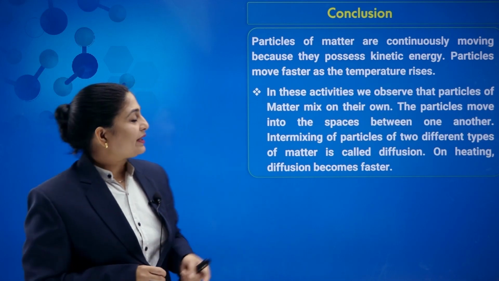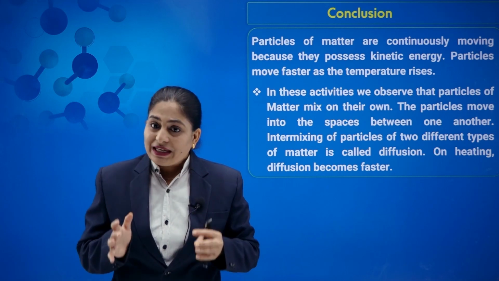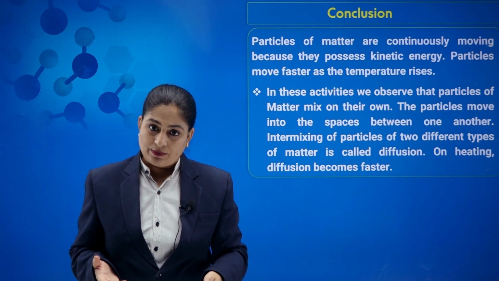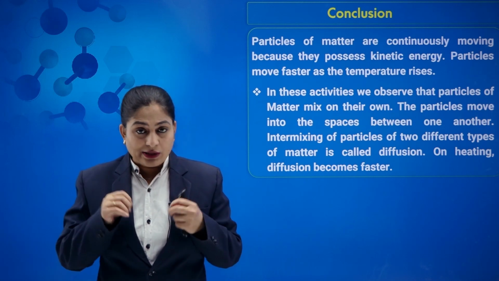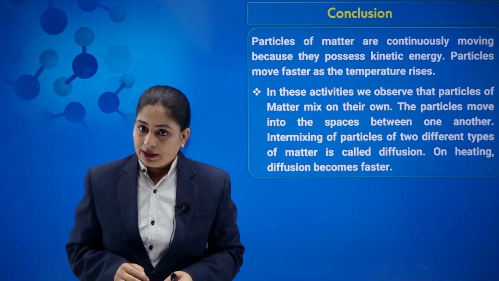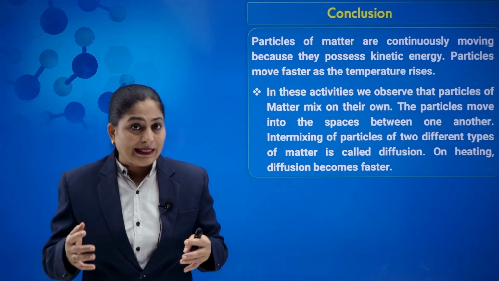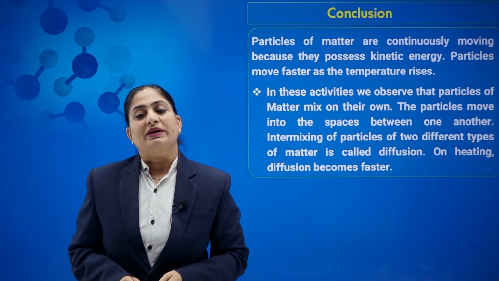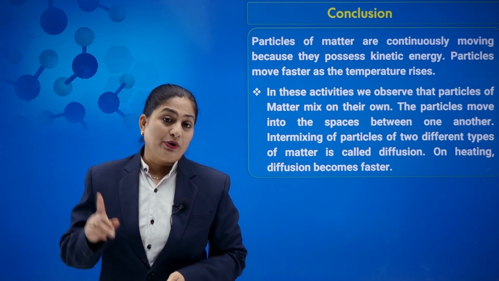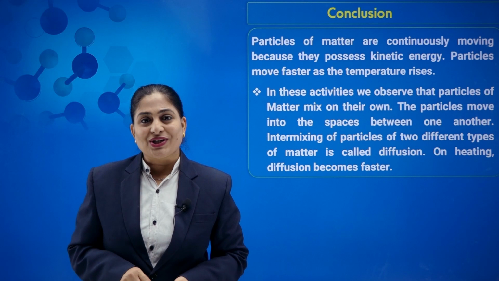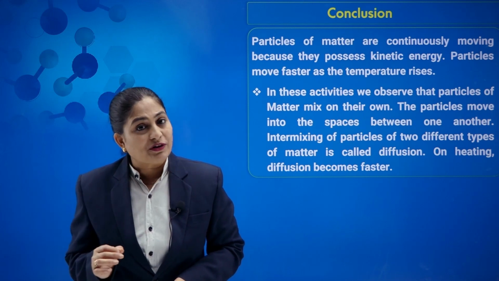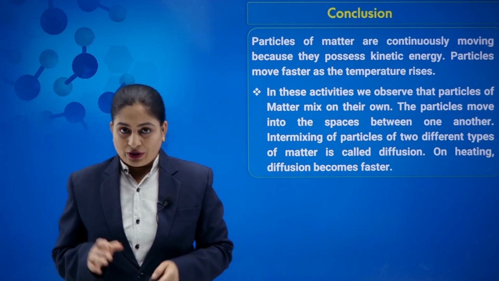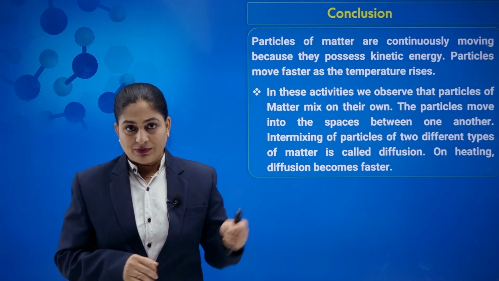So in these activities we can observe that the mixing of matter takes place by itself at higher temperature. The particles can move into the spaces available to them, and the intermixing of these particles, as we have discussed in the case of ink and water, we call this intermixing diffusion. And we know that on heating, diffusion increases. The rate of diffusion becomes faster. So on the basis of the activities that we have performed,